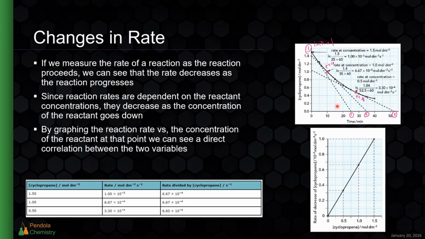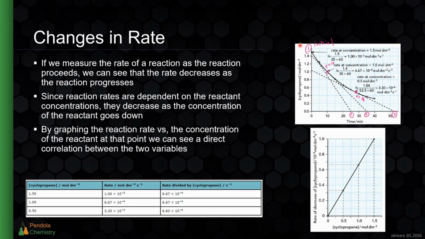The initial rate, this line right here, has a much steeper slope than the rate of the reaction at 28 minutes, which has a much more horizontal line, a much lower slope, a much slower rate. So we can physically see with the slopes of these tangent lines how the rate of the reaction slows down